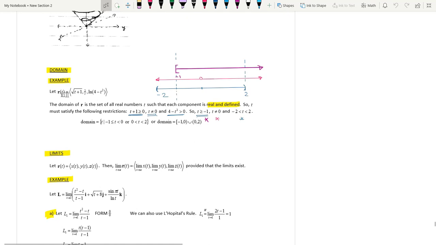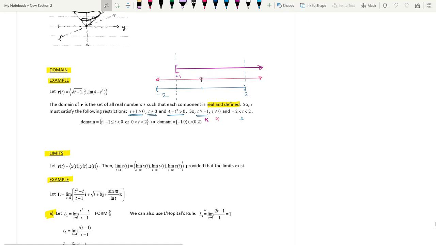Suppose we have the vector function r of t equals this one, and we need to find its domain. So this first component would be valid if t plus 1 is more than or equal to 0. That means t is more than or equal to negative 1. And the second one would be valid if t is not 0. So for the second one, t can be any value